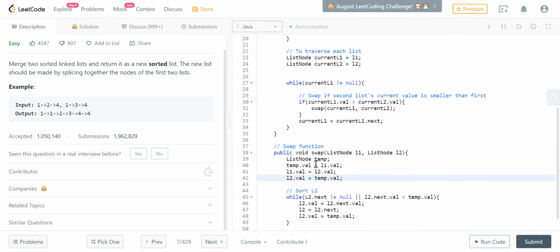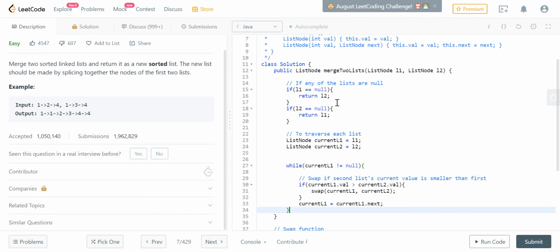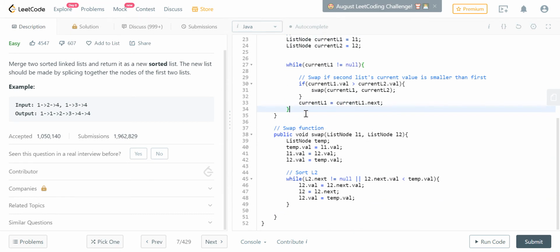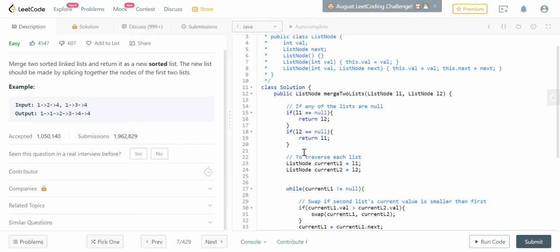We have to merge. What this while loop does is sort the linked lists in a way where, if they were merged, then we have a merged version, right? So where does current L1 stop? Current L1 automatically, after the entire traversal, becomes the tail of the first linked list, and we already have the head of the second linked list using L2. So we just have to make sure